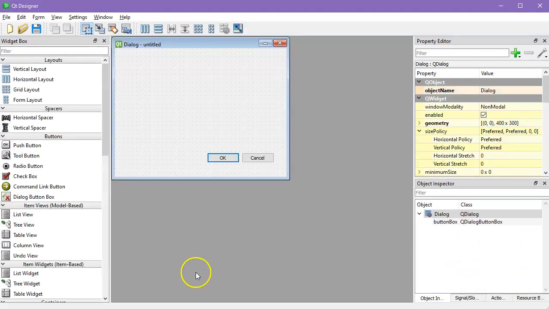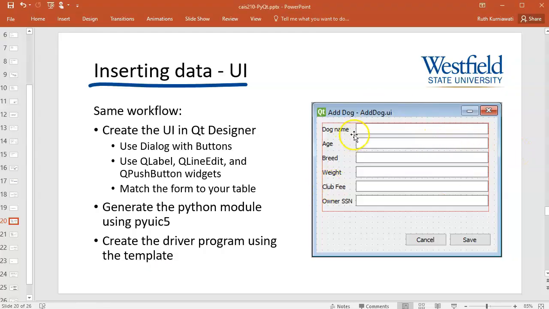That's the 2 buttons. And let's compare this to the GUI that you want to create. So this is the GUI that we want to create. Those are the 2 buttons, cancel and save. And then here we have a form layout. So there's a label and an input, label, input, label, input. And you can't see it here, but right around here where there's a blank space, that's an empty label for error messages and other messages to the user. So when you press save, if everything goes well, then you should tell the user that this record has been